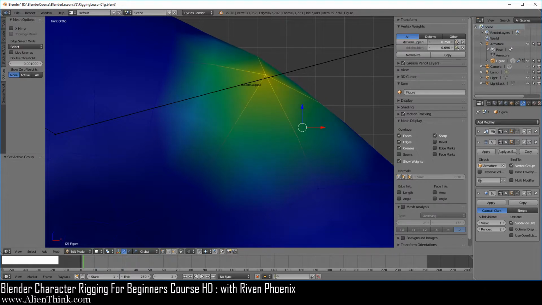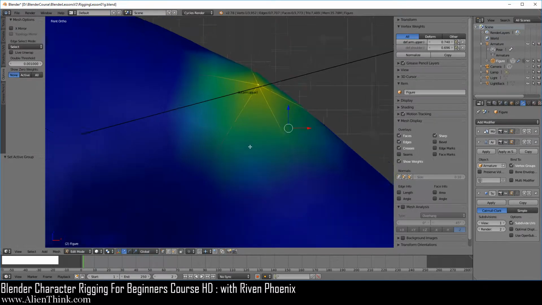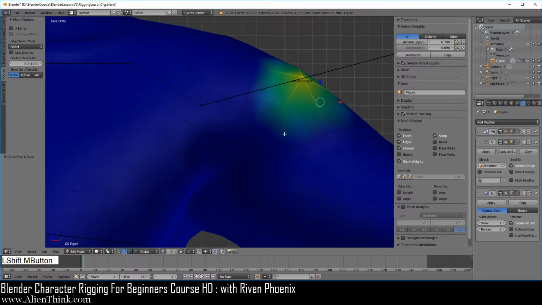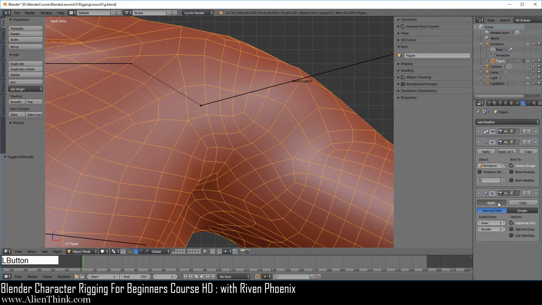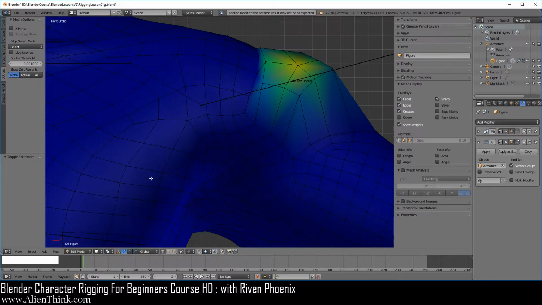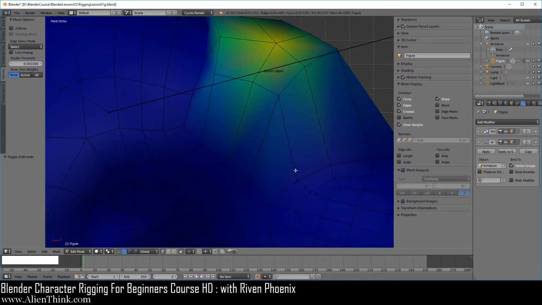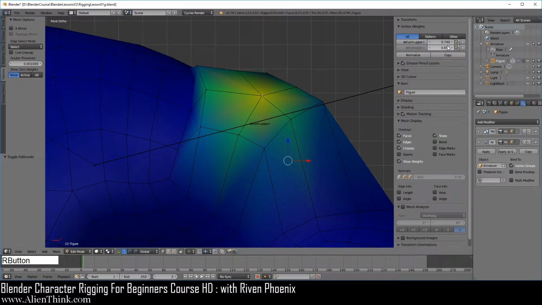So you can see the power of this, right? Working in the low resolution version of your figure will give you much greater control in making sure that the deforms are working correctly. Because if you think about it, if we press the tab key and go ahead and apply this and now do the tab key, notice how many vertices there are over here. So this is going to be very difficult to work with, right? It's better to work with the low resolution version and let Blender figure it out with the mathematically generated faces from the subdivision modifier.